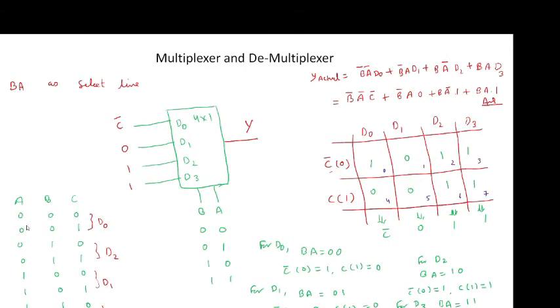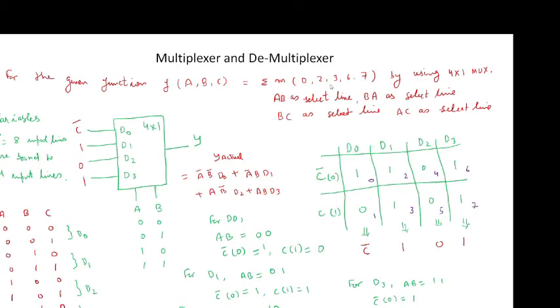Now for D0, you know that I have to write BA as 0, 0. See where BA 0, 0 is. BA 0, 0 lies on line 0 and line 1. Line 0 is present but line 1 is not present. So C bar 0 will be 1 but C 1 will be 0, because line 0 is there in the expression but 1 is not in the expression that was given as sigma m, which, if you remember, was equal to 0, 2, 3, 6, 7.